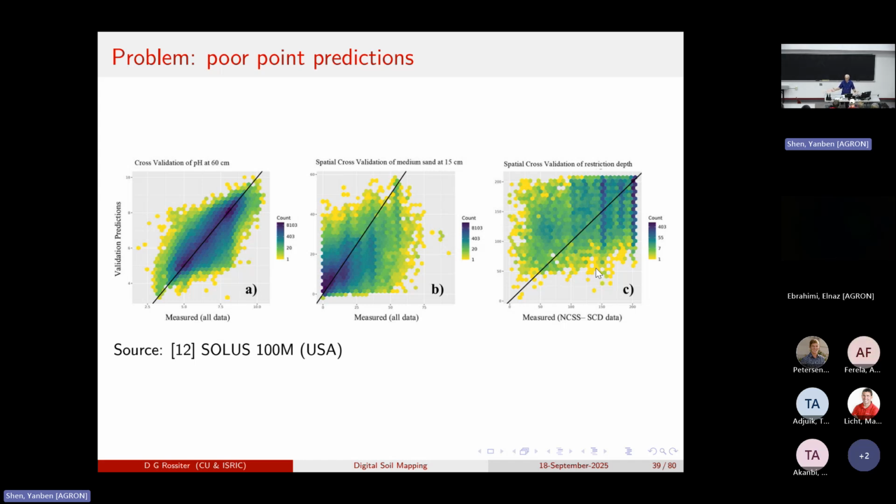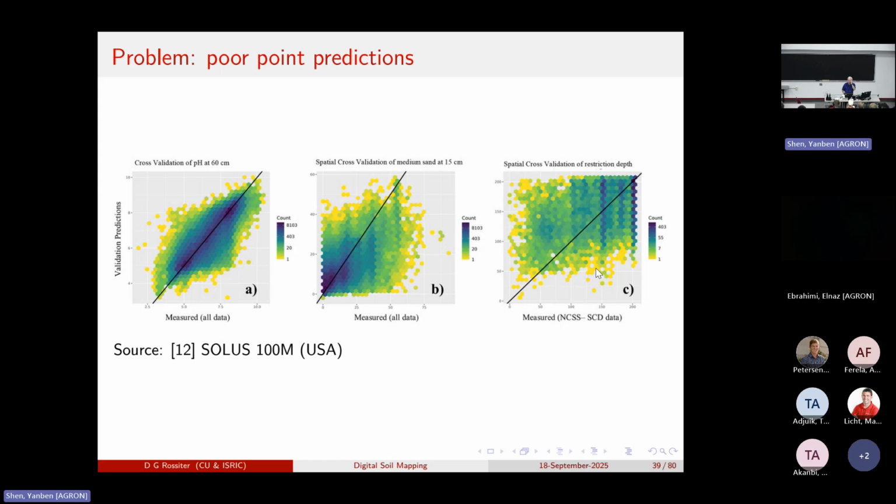This is even back at the points. And this is SOLUS, the most recent product from the NRCS, the entire country at 100 meters with standard depths and standard parameters. Very similar to SoilGrids in the approach. And if you look, for example, here at the cross-validation of the